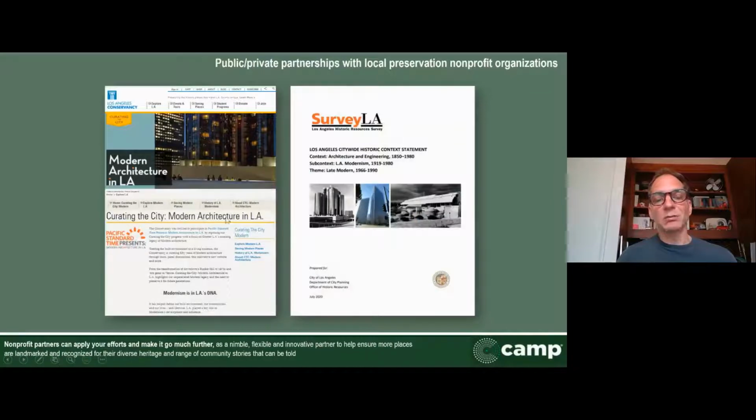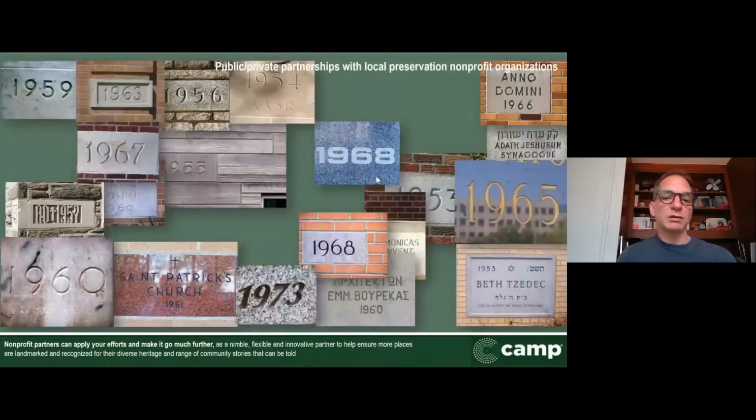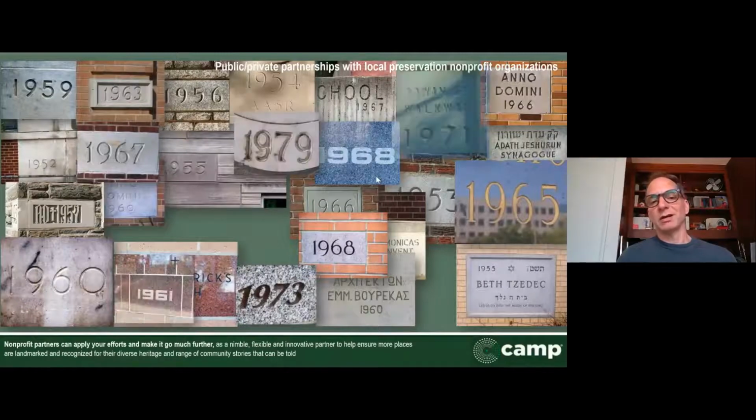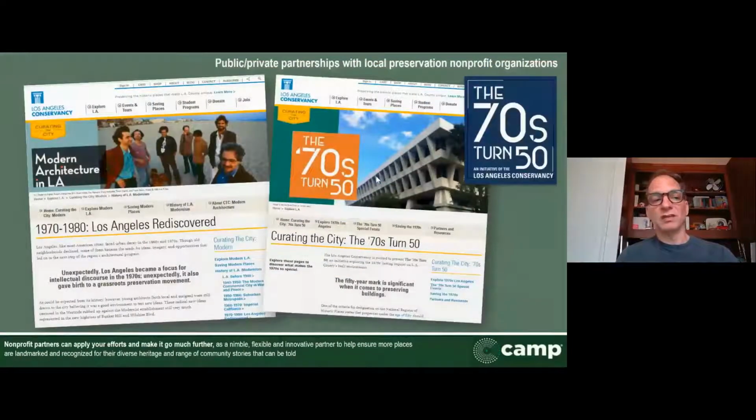This is another example where we actually initially launched a program looking at modern architecture in LA. The city then did a context statement looking at late modern. That has then launched this whole initiative and broader work talking about modernism, talking about places more from the recent past, 60s, 70s places, in terms of the work that the city's doing and the Preservation Commission and what we're doing, which has then launched a whole other initiative that we did last year looking at the 1970s turning 50 years of age. And I know not everyone's ready or has even started thinking about the 1970s being historic,